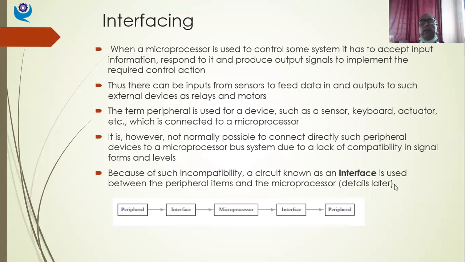As I said, we'll be discussing these interfacing circuitries in detail when we study microprocessors and microcontrollers. If you are going to do a project using a microprocessor, a microcontroller, a PIC microcontroller, or maybe an embedded system, we need to use interfacing circuitry. We cannot run our devices or equipment without using interfacing circuitry. So we'll discuss those things in detail when we study microprocessors and microcontrollers. We'll move further, friends.